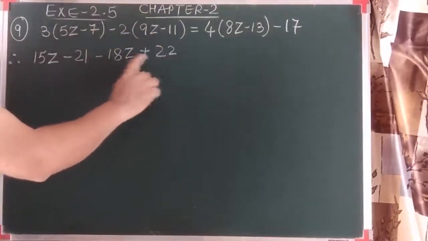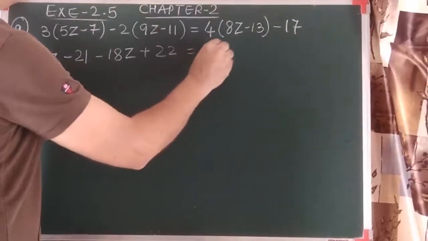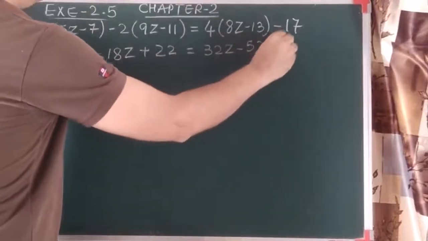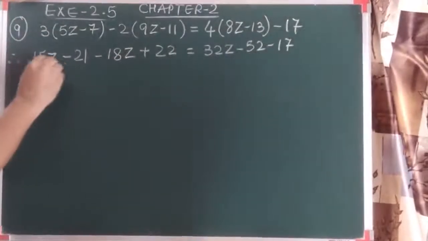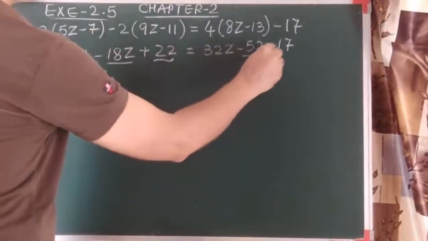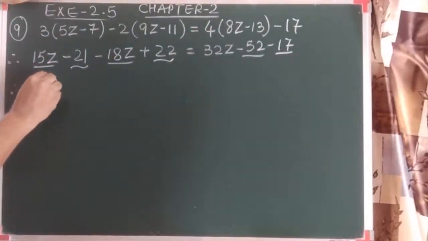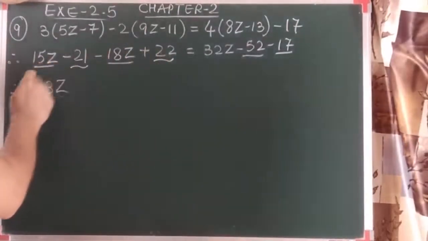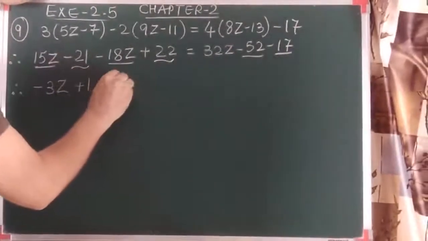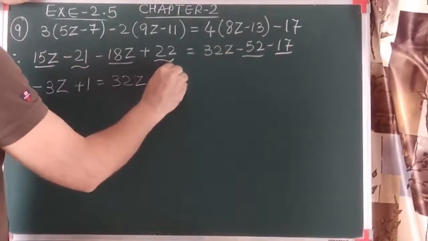See, the sign is the most important part of this question. 4 8s are 32, minus 13 4s are 52, minus 70. Now let us simplify the like terms on the left hand side as well as on the right hand side. As these both are like terms, plus minus minus, sign of the bigger term. Both are the equal sign, plus minus minus, sign of the bigger term. Same way we will simplify. 32z remains as it is. Both are negative, it must be addition, it is 69.